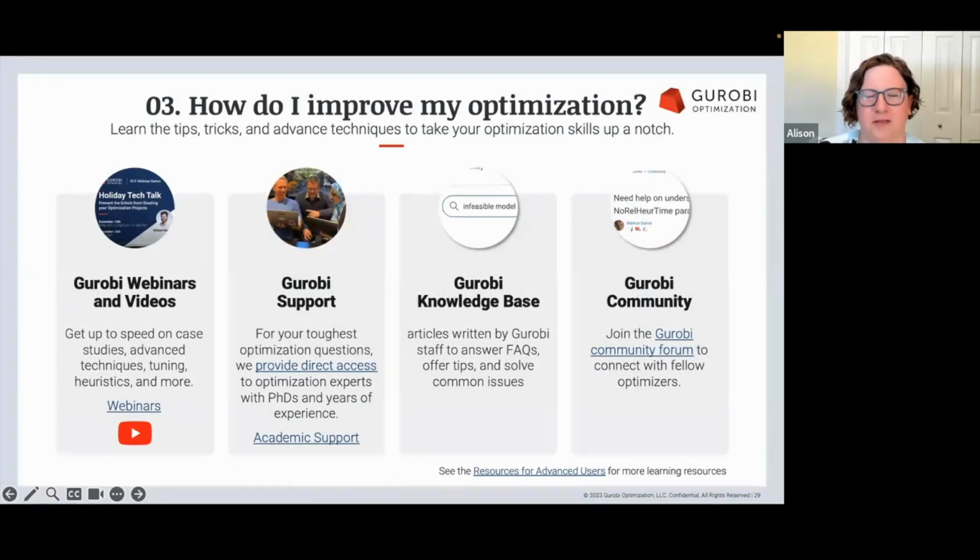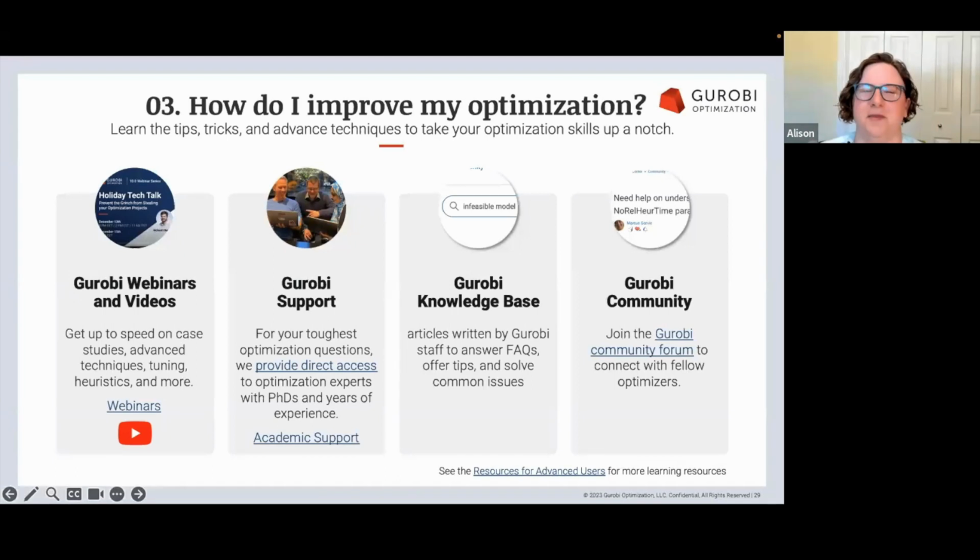And that really walks you through how we solved the numerics or the problem to take it to that next step and address the issue there. And things like this, along with case studies and advanced techniques and tunings, are all really what these webinars are all about. But if you do want maybe more one-on-one guidance and help, we do have in our next slot the Gurobi support team,